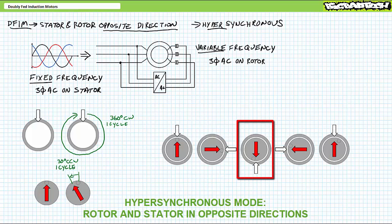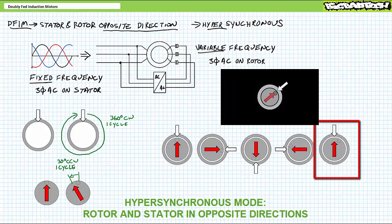Halfway through the cycle, the rotor and stator magnetic fields are still locked together, but the rotor physical position is now 15 degrees ahead. 3/4 of the way through the cycle, the rotor and stator magnetic fields are still locked together, but the rotor's physical position is 22.5 degrees ahead. All the way through the cycle, both the rotor and stator magnetic fields made a full 360, but the rotor is physically 30 degrees ahead,